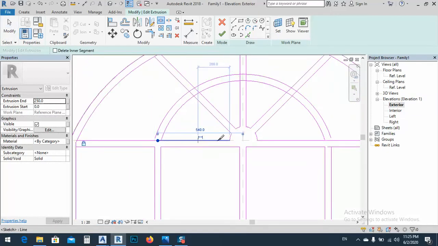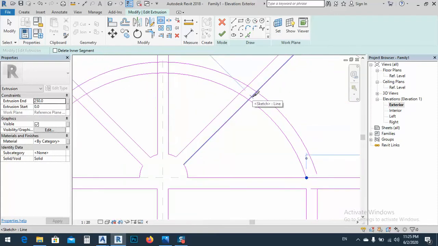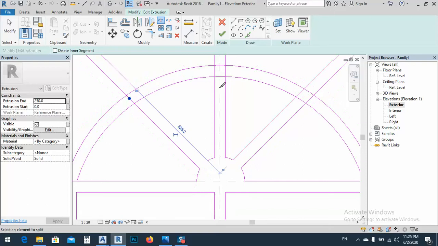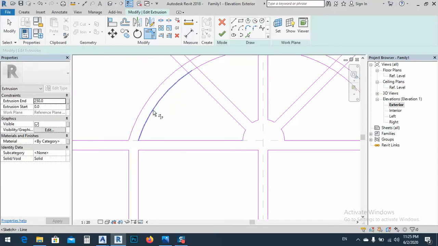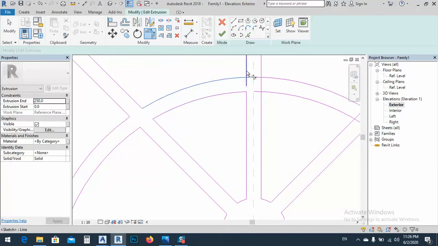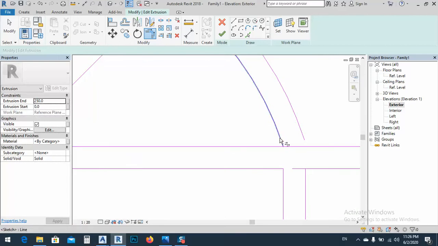SL for split this point, we need to split all these points so we can trim and extend easily. Just like this, it's pretty easy,